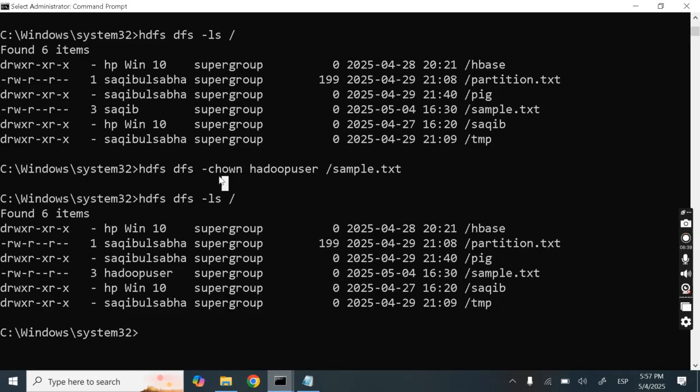So what is the command that I have used? I have used hdfs dfs dash chown, that means change owner, Hadoop user, and then the file for which I want to change. So this is my sample file for which I want to change the owner. Next, if I want to change the owner